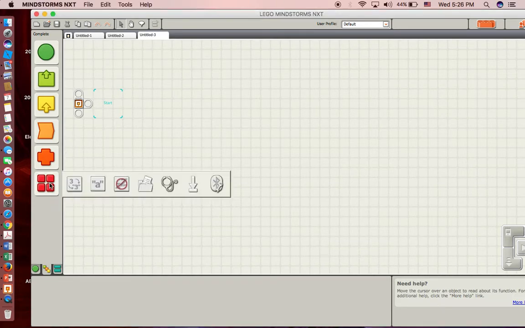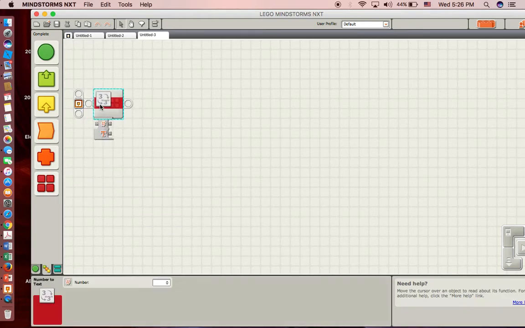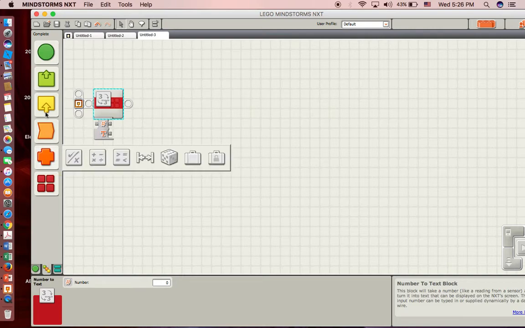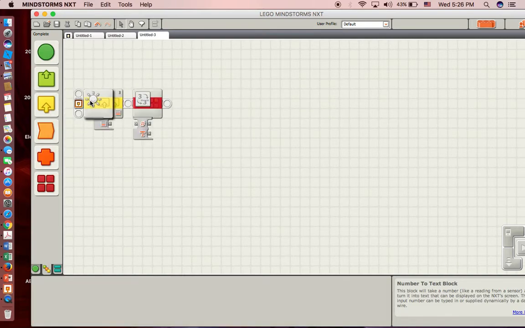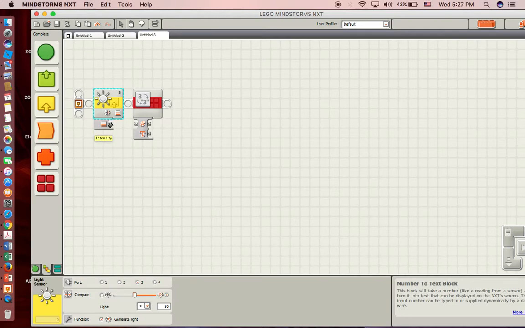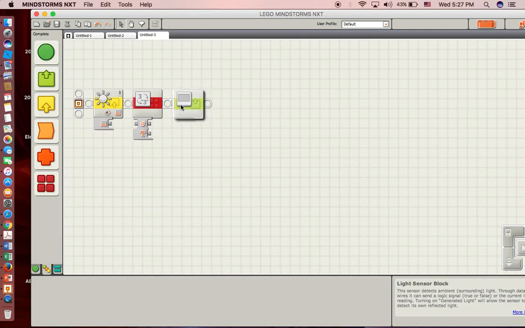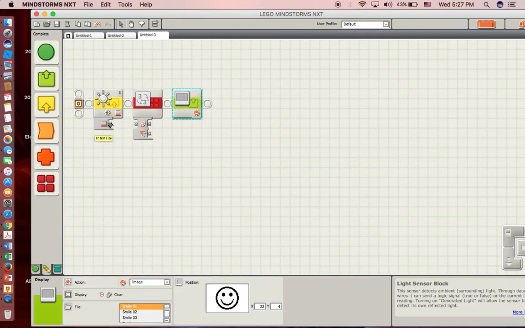Right, now let's look at the advanced programming blocks. So here we've learned 3 blocks. Number to text. Now when will I use this? For example, let's say I have a sensor. I'm detecting light intensity and I want to display it on the screen. Now if I try to connect it to the screen,